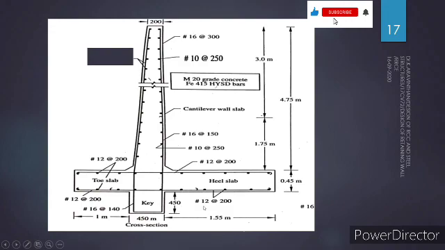For the heel slab we have provided a 12 mm dia bar at 200 center to center. The toe slab also carries the same reinforcement, and a shear key is provided. For the shear key you have provided a 16 mm dia bar at 140 mm center to center. The rod used for main reinforcement in the stem is the same as that used in the shear key, hence you can continue the rod and interlock it into the shear key area. By this, the reinforced cement concrete cantilever retaining wall is designed.